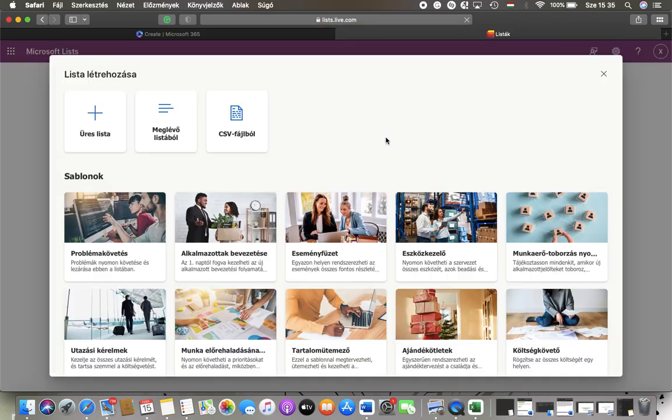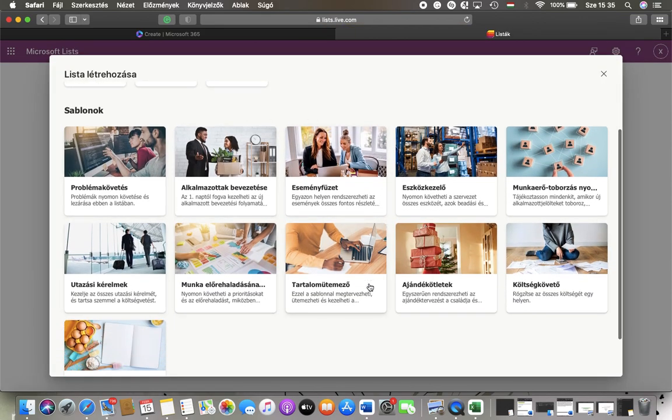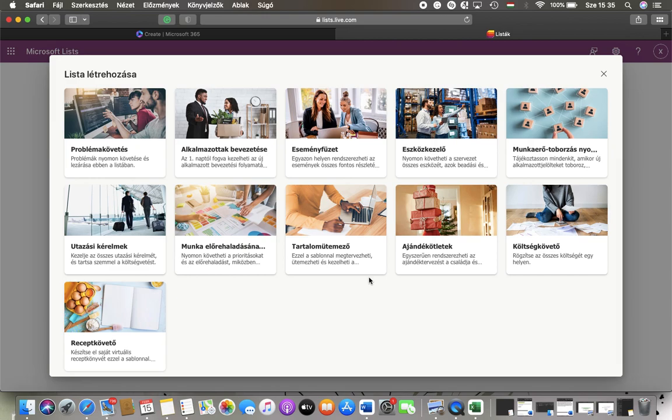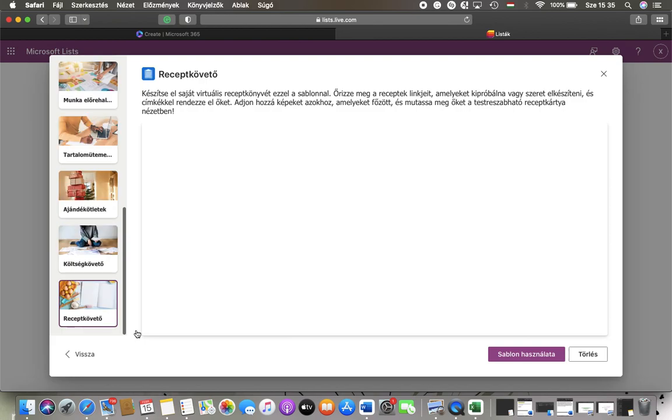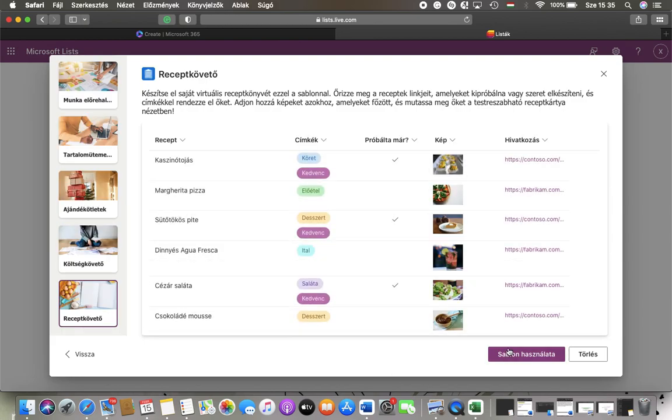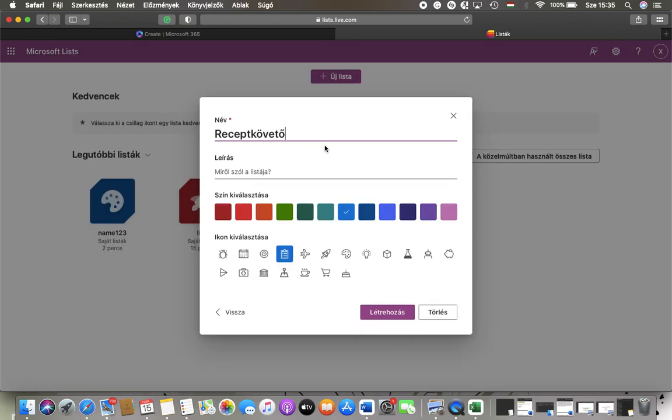After that, you should select from these templates. As you can see, you have a vast variety of options such as problem tracking or recipe tracking. So tap on the use template button and then you should type in the name of your list, then add